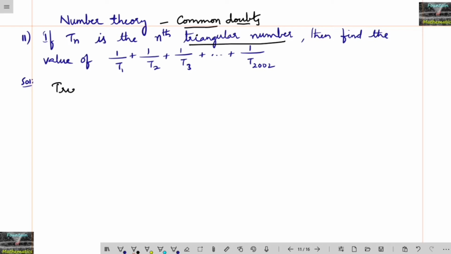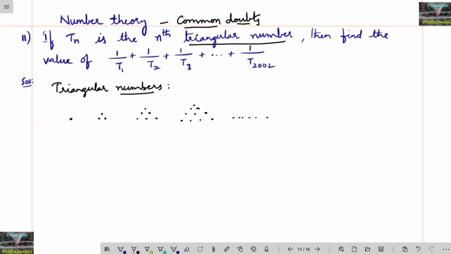What are triangular numbers? Most of us will have a doubt about this. Triangular numbers are nothing but a pattern of numbers which form equilateral triangles. If I draw the shapes, this is one dot, this is one triangle. Equilateral in the sense that the side lengths are equal, and we can extend this by taking the dots continuously, and so on.